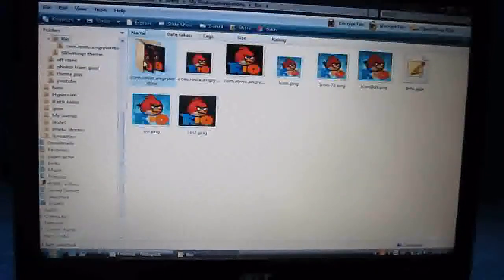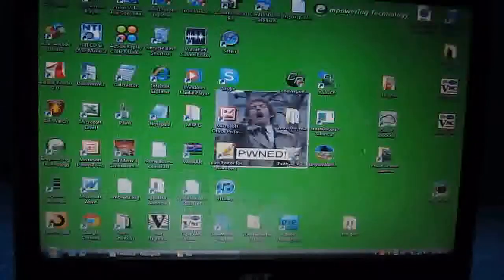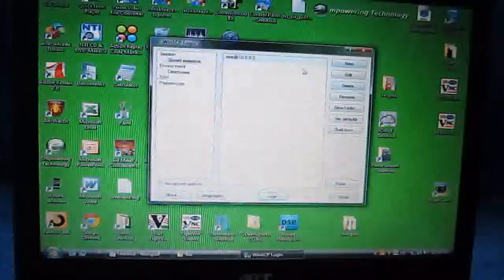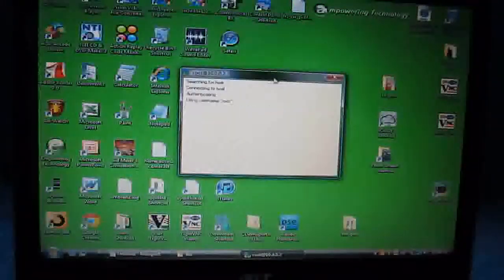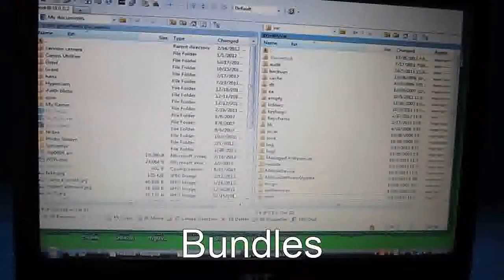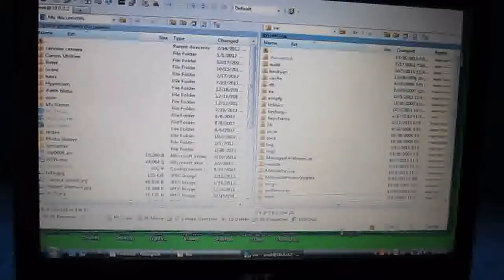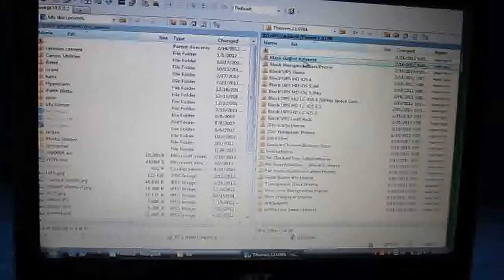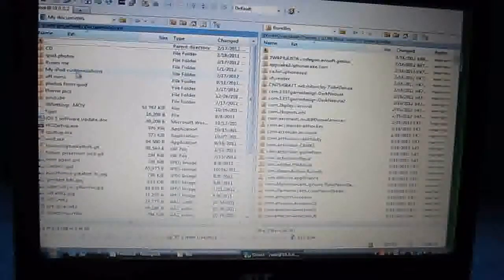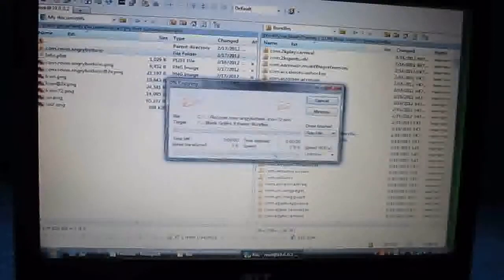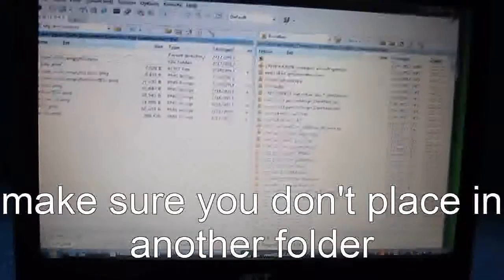So we have this bundle, and now we're going to SSH in again, and we're going to put it in the Bundles folder. One word, Bundles, no extension, capital B. So here we go, stash, themes, Bundles, right in here. Now we go in here. Here's our bundle. We'll just put it in here, copy it, then we can exit out,